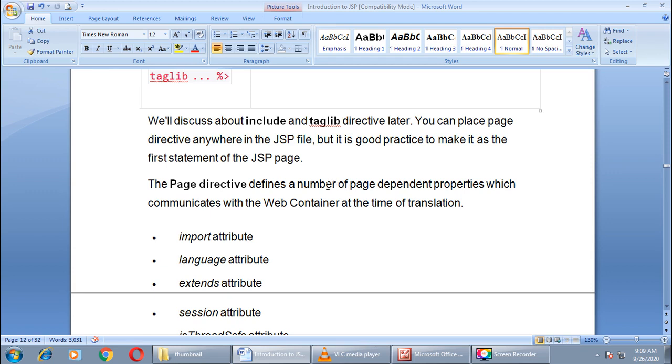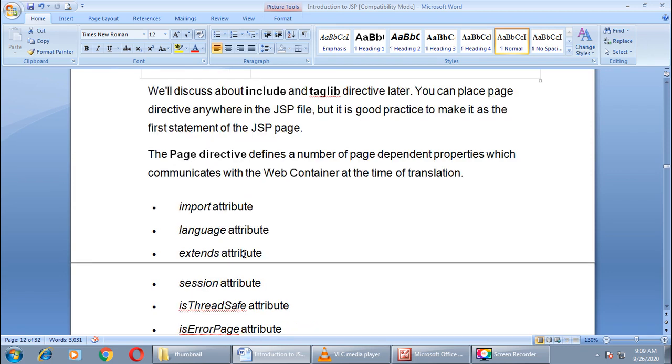But it is a good practice to make it the first statement of the JSP page. Always keep your page directive on the first line. The page directive defines a number of page dependent properties which communicate with the web container at the time of translation.